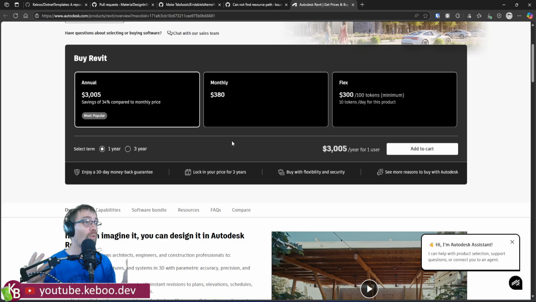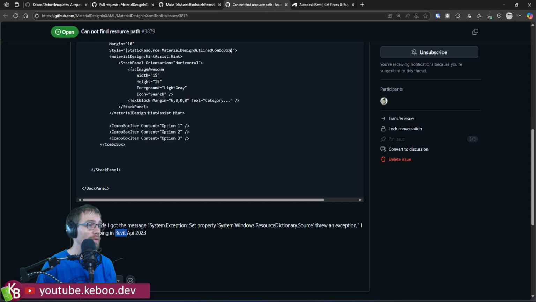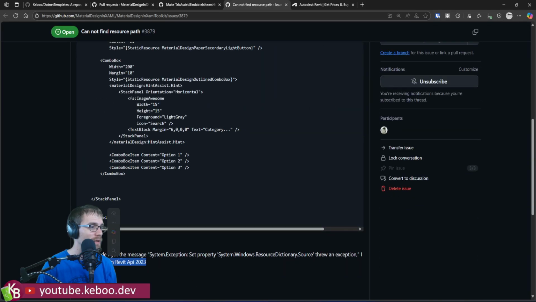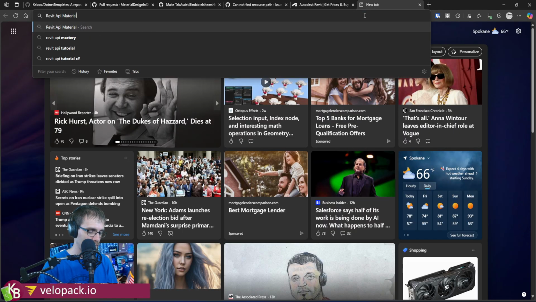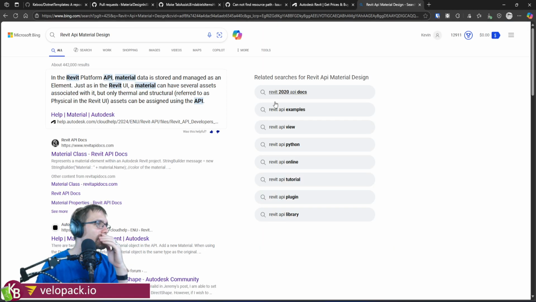And I don't know where these people are coming from. I do not understand it. I like Revit API. I think there's got to be somebody that has put out